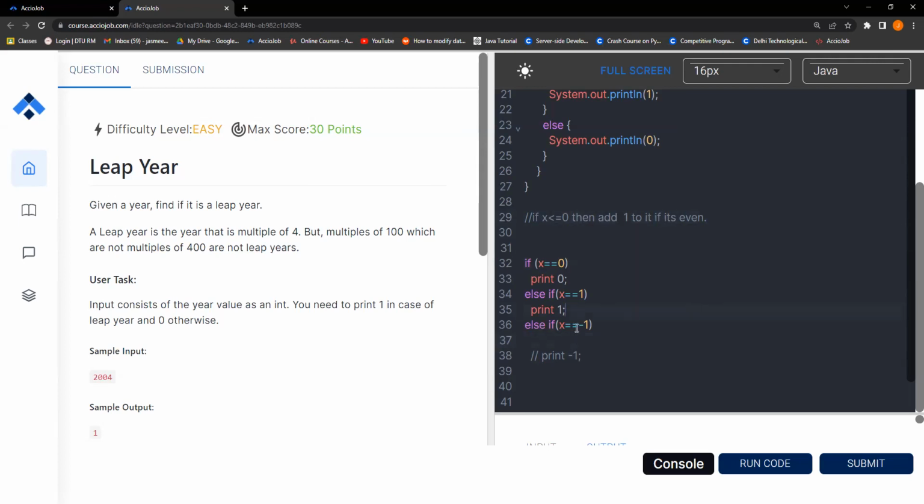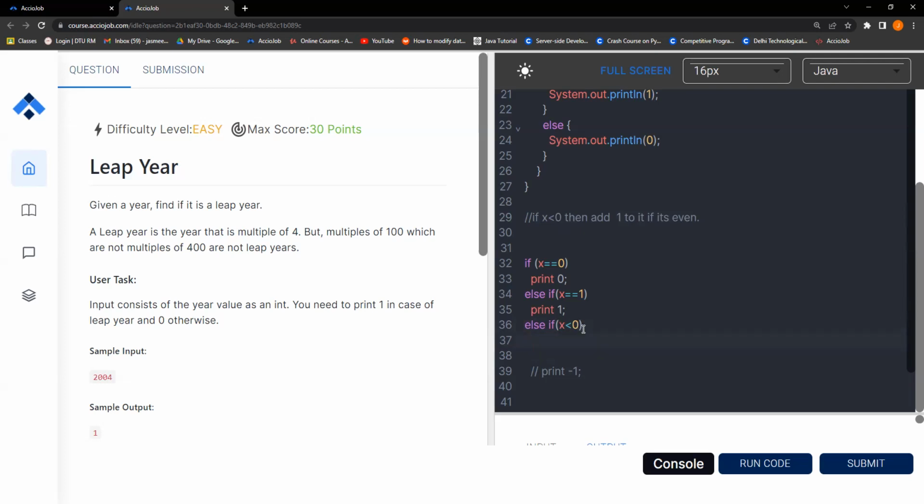So now I have an else if check, let's change it also, x is less than 0, because we are having. So else if x is less than 0, I need to add 1 to it